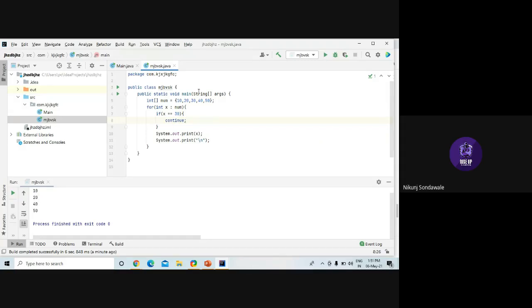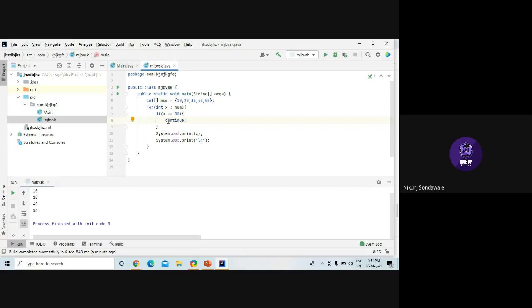Now focus. Now x became 30, right? So it will go inside this for loop. Now 30 equals 30, so this condition is satisfied. Your program will go inside this if block and will read this continue keyword.